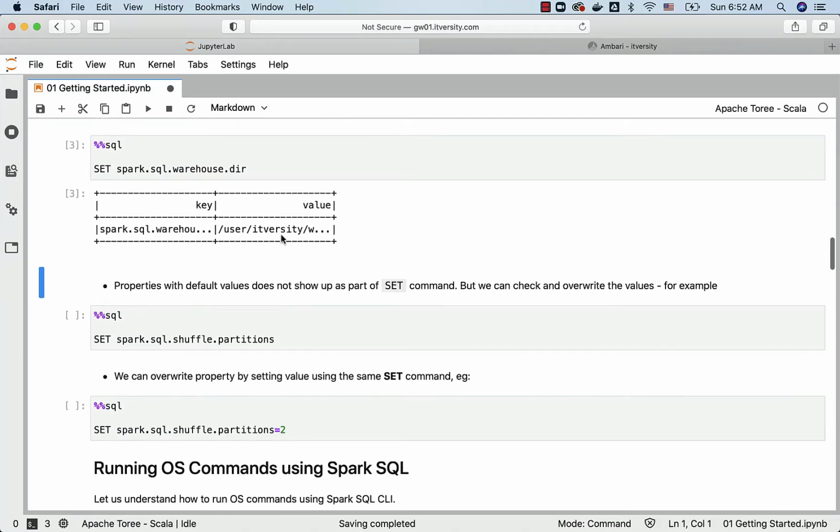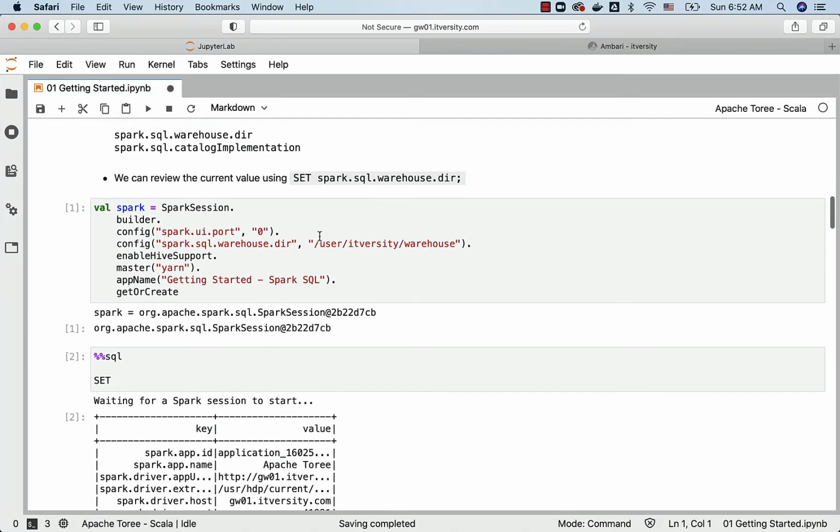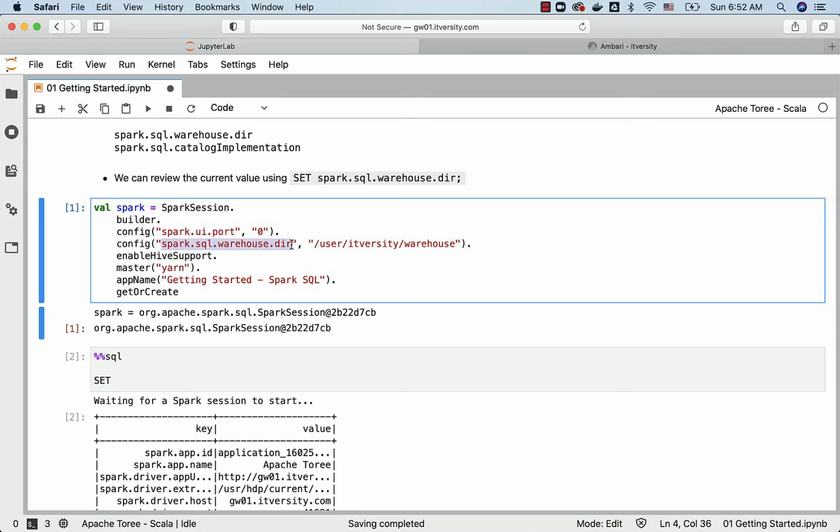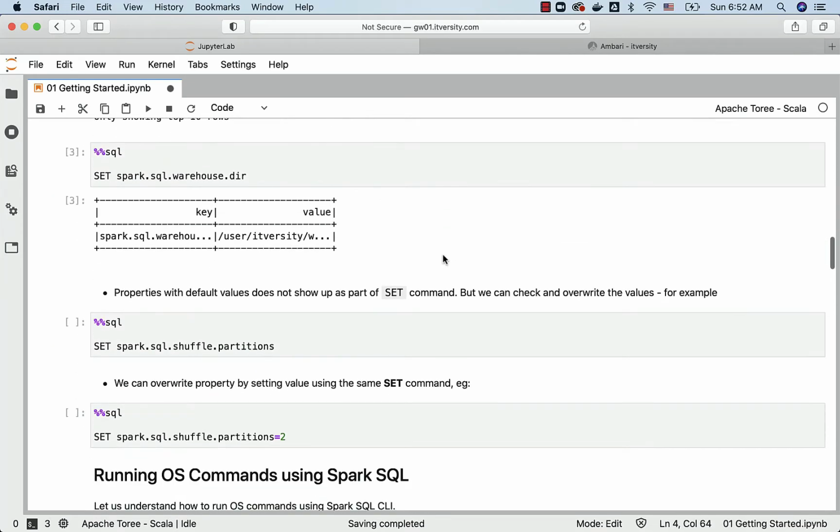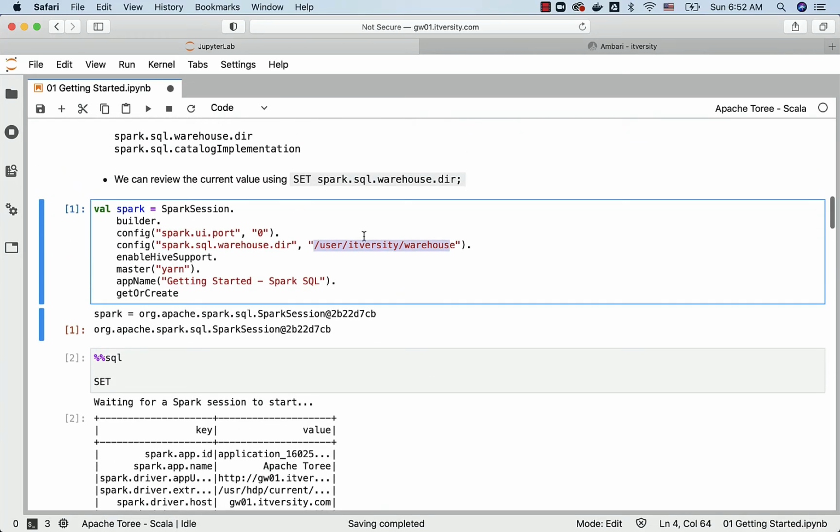If you want to see the property for spark.sql.warehouse.dir, you can run this, and you can see that it is set to the user's itversity warehouse. It is because while creating this Spark session, I am setting the value for spark.sql.warehouse.dir to this value, and that is what is shown here. In your case, you have to replace this with your OS user, and then you are good to go. Don't use $USER, it will not work here, because this is Scala code, not a Linux command or Linux terminal. As it is Scala code, you have to either hard code like this, or you have to know how to pass the OS username to this.